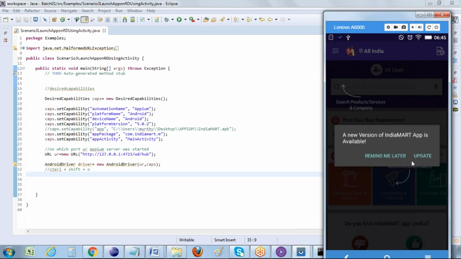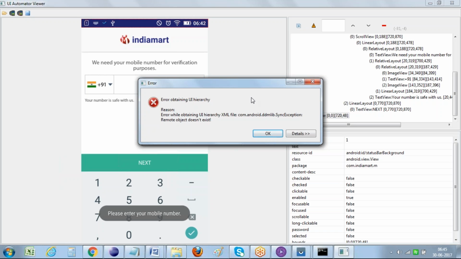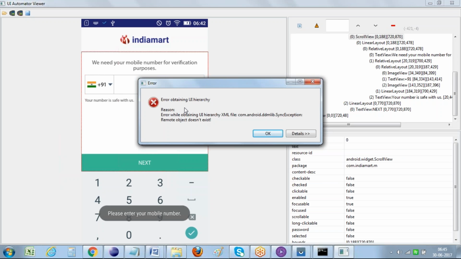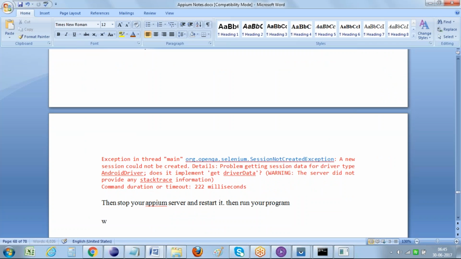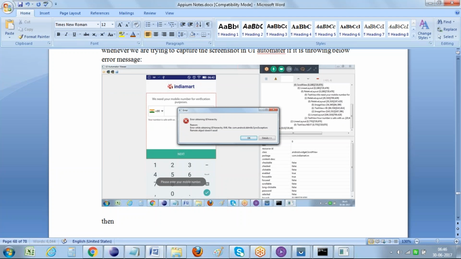So on this one, I would like to click on remind me later. Right. So here, capture the screenshot. Okay. So whenever you get this kind of information, let me capture this screenshot and update the running notes. Whenever we are trying to capture the screenshot in UI Automator, if it is throwing the below error message, then